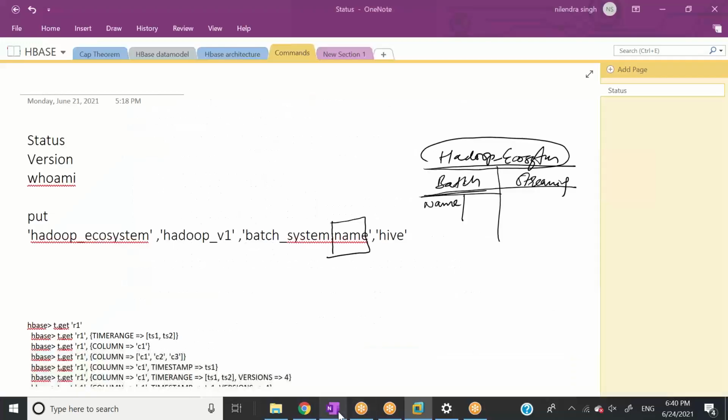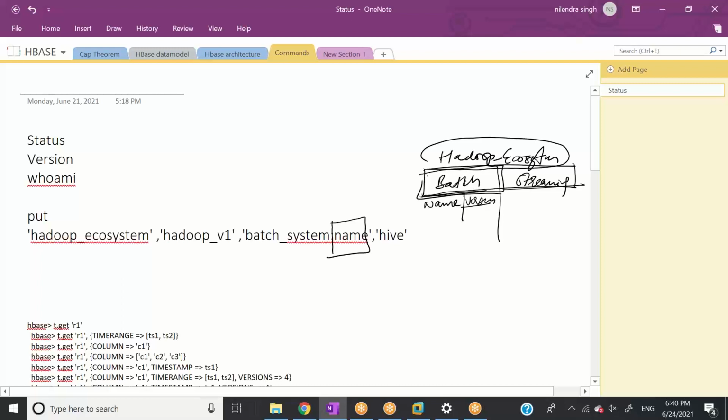What does it mean? Once my table is created, I am not adding column families. I will add columns at runtime. So a new column will be created, version. The same thing can be implemented for the other column family, right?